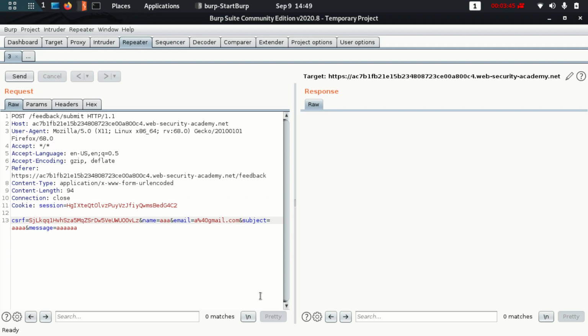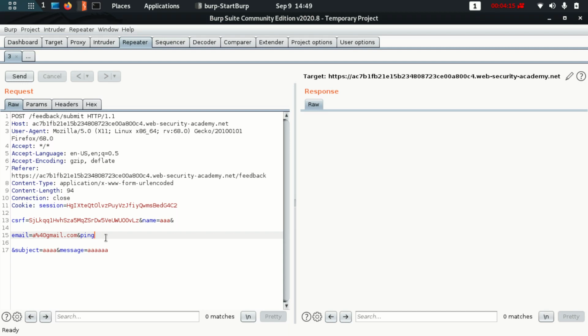So in email, let's try with a simple and statement. And ping, I hope you can see my screen. This is the email I provided, and ping. To provide a space you need to add a plus sign, you cannot provide a space because it won't be accepted.